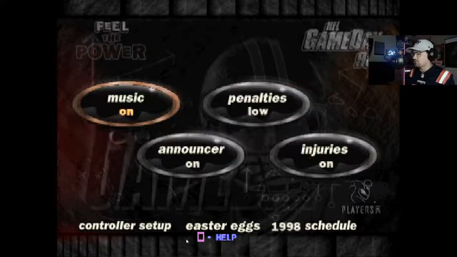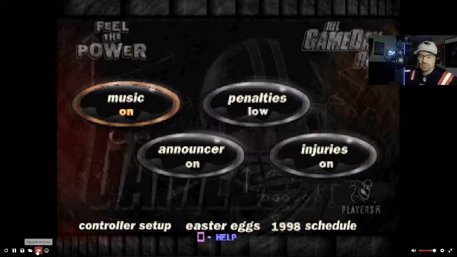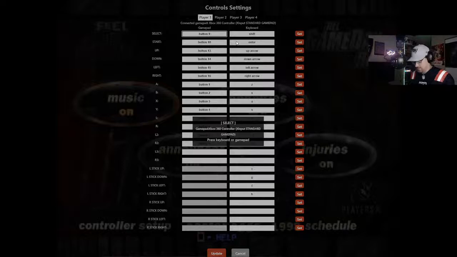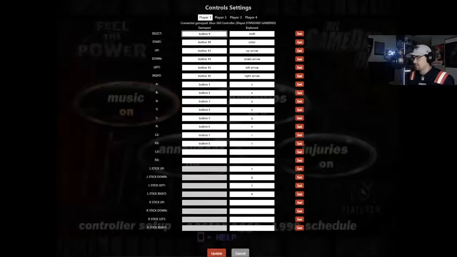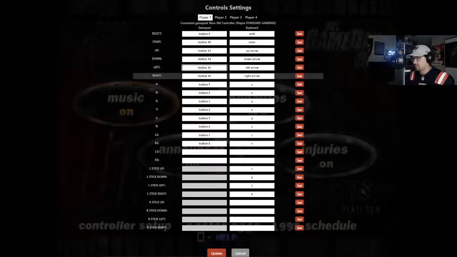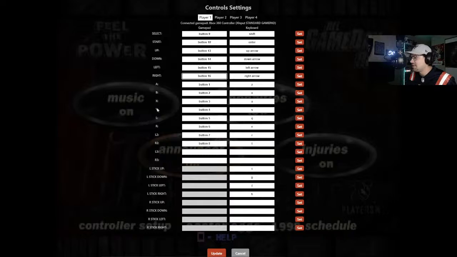Okay, so the buttons are weird here. Alright, so if you don't know, I'm using an emulator. I've got to play around here with the buttons. Select, start, up, down, left, right, A, B, X, Y. That makes no sense. These would not be called A, B, X, Y.